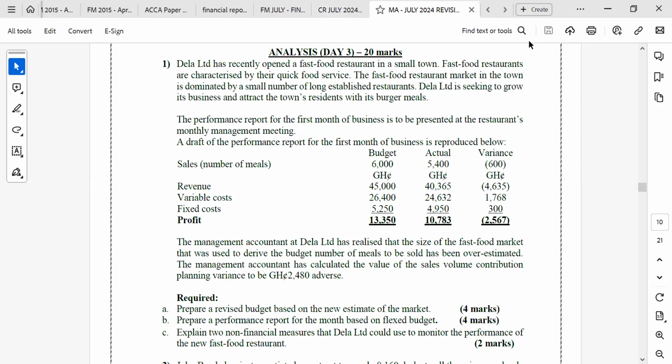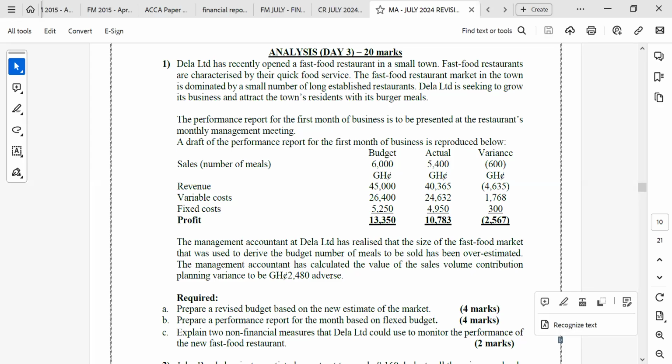So the first one is that we should prepare a revised budget based on the new estimate of the market. What was our budget for the period? What was the number of meals that was budgeted for? 6,000. Okay, 6,000. Yeah, the last time we said that